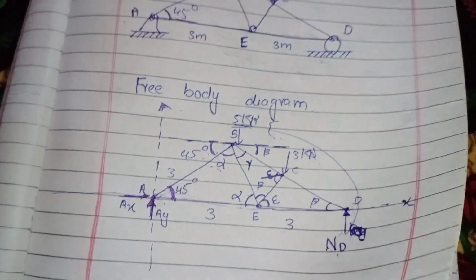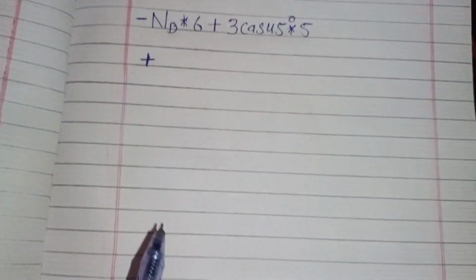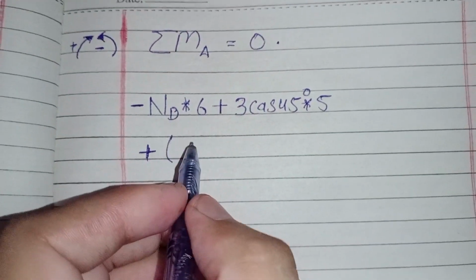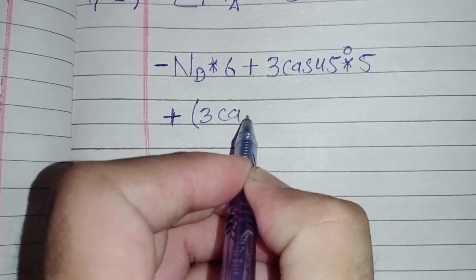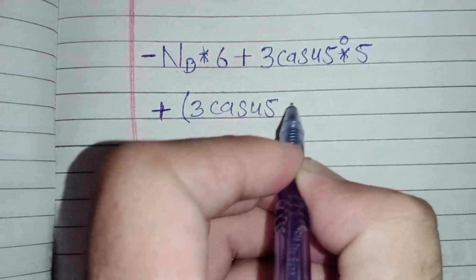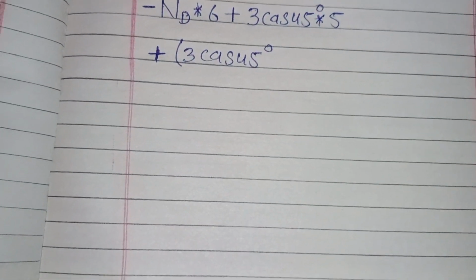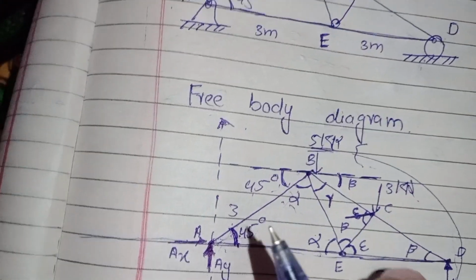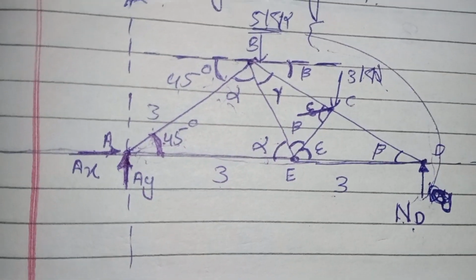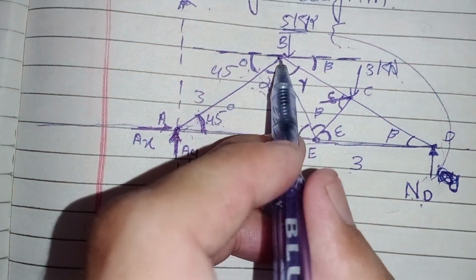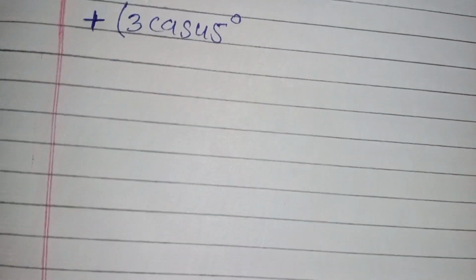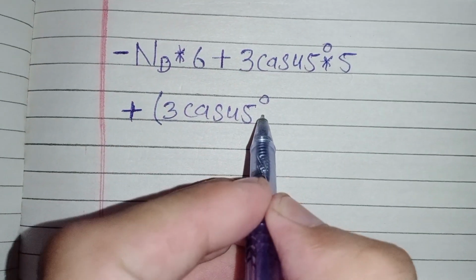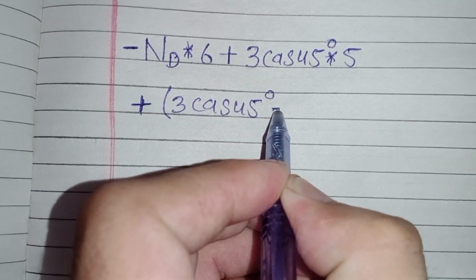Okay, so 3 cos of 45 from this point to this point, and from this point to this point it will be plus